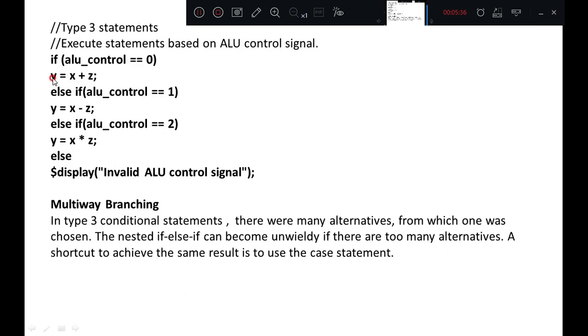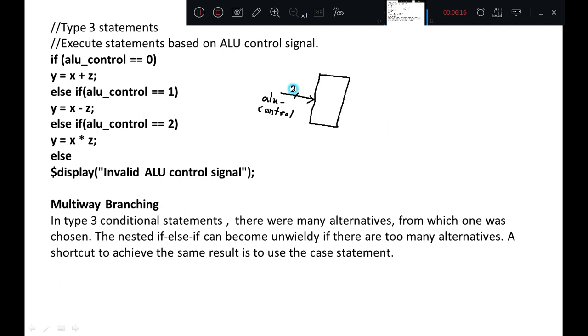In the third example, if you observe, here you are checking a series of signals, a series of conditions. If I want to draw a block diagram for the analysis portion, you can observe there is an ALU control signal, whose value can vary as 0, 1, 2, 3 for example.